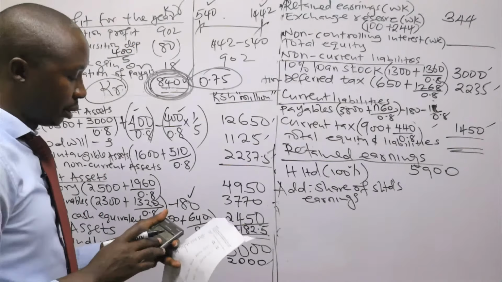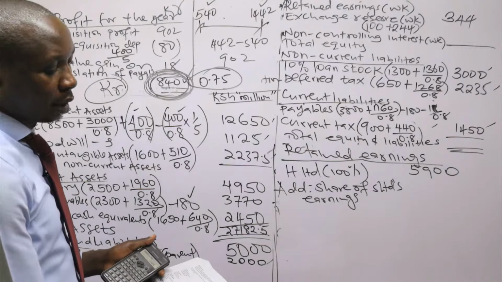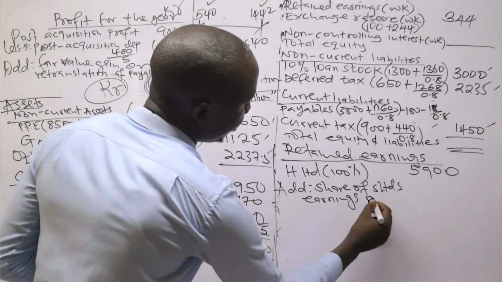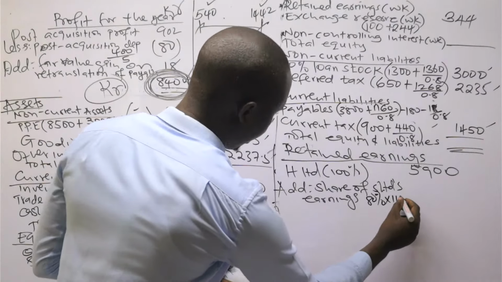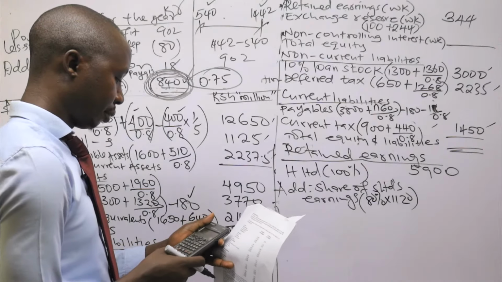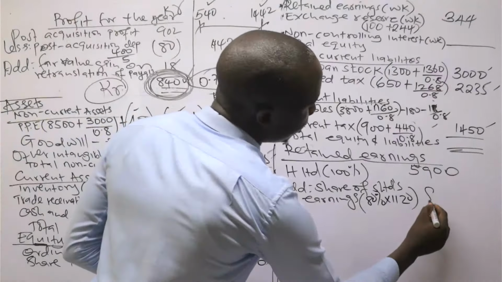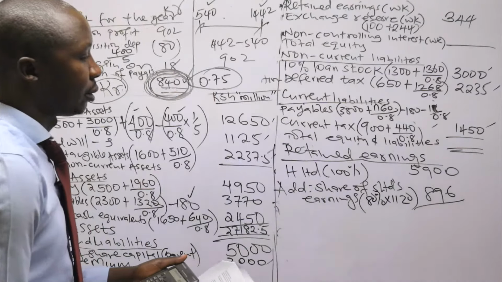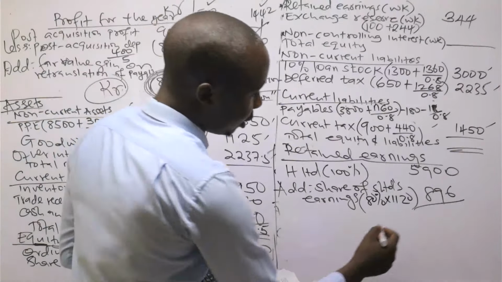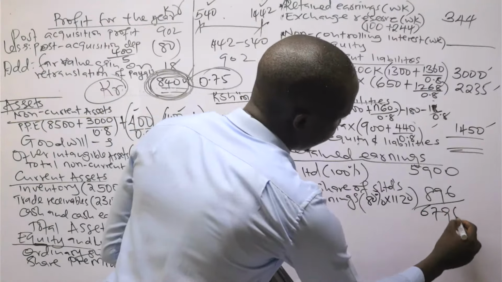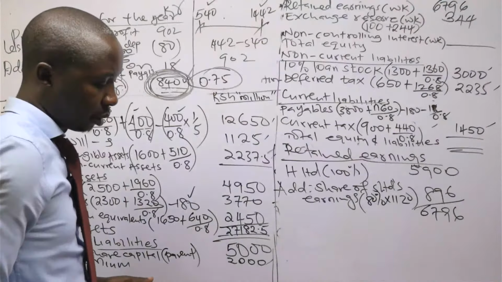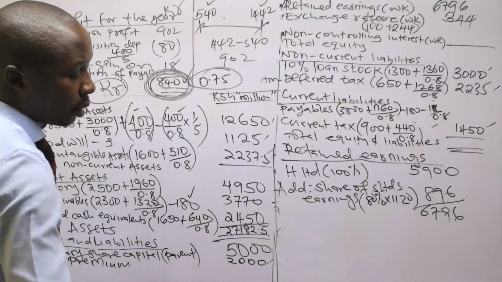We got 1120. The parent will be taking 80% of that, 1120. So that is 896. So that is what you add to 5900. So 5900 plus the answer, you are getting 6796. That is what you record here. Then finally, for the NCI, the non-controlling interest,